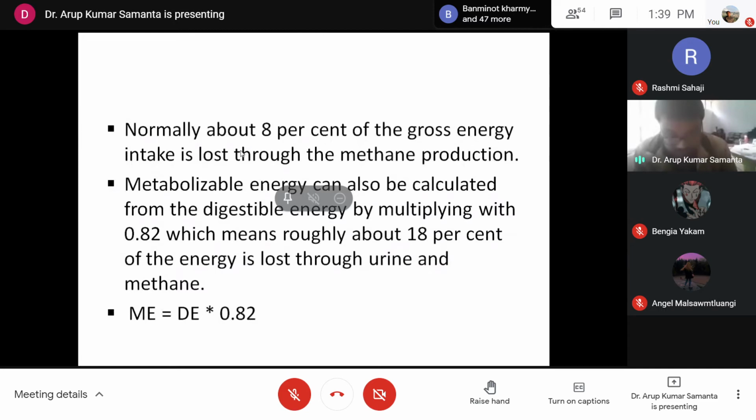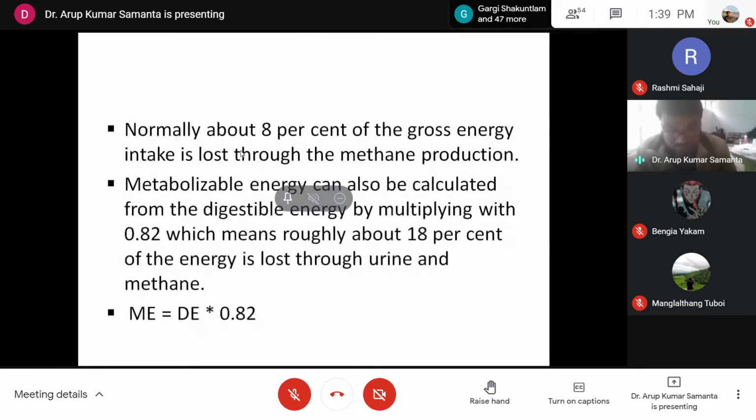Other than that, carbon dioxide, carbon monoxide. So methane is also a greenhouse gas, and its global warming potential is 21 times higher than carbon dioxide. And that's why definitely we have to take all the precautionary measures to reduce the methane production. How to reduce the methane production? What should be the mitigation strategy for the methane production?